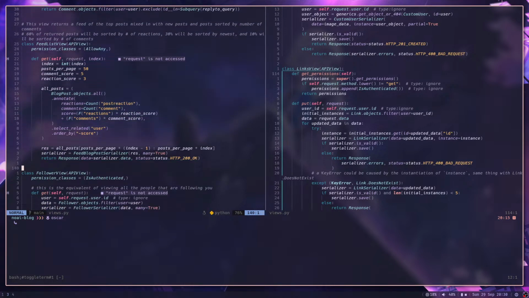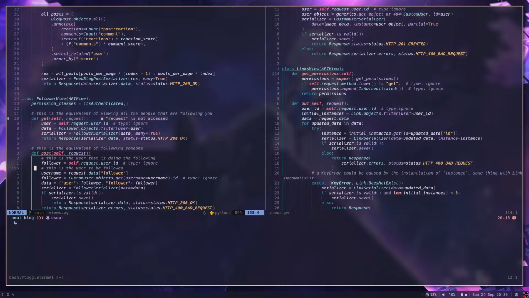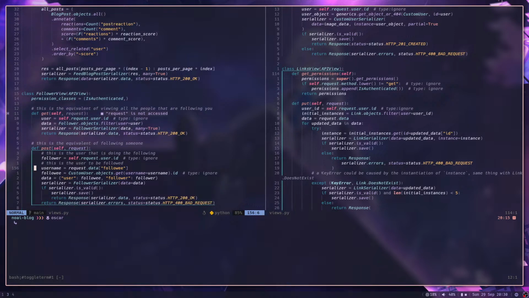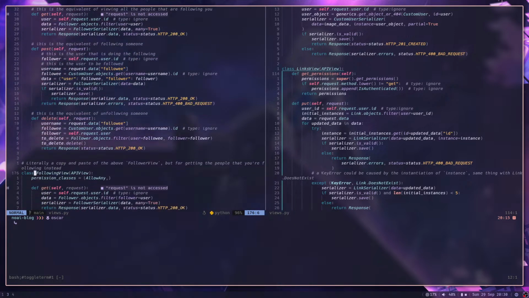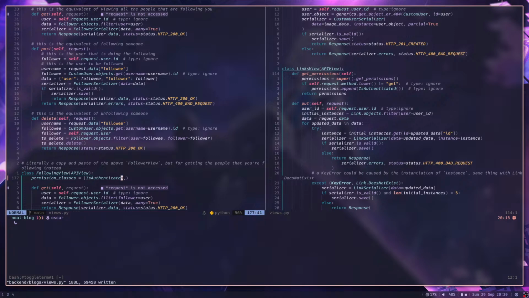And this is also a get, so this is allow any. All of the permission classes for this are just authenticated, so yeah. And this is a get, and I'm actually going to add is authenticated for this just because. Okay, I actually thought that this was going to be a lot longer,